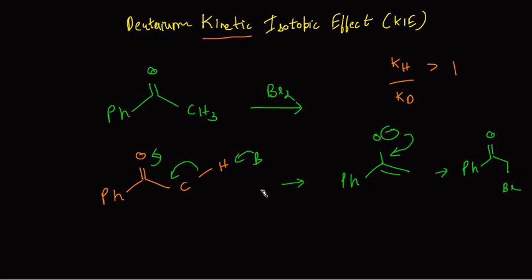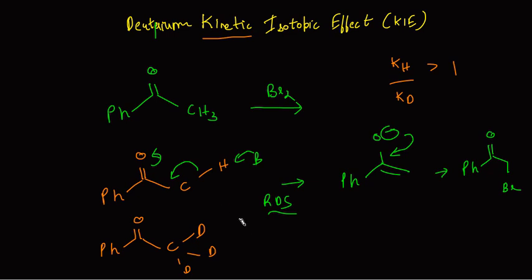So you can see over here, this is actually the rate determining step. Now we don't know from the mechanism, when we draw the mechanism theoretically, we cannot say that this is the rate determining step. We can only speculate. But in order to experimentally find out whether this is the rate determining step or not, what the scientists did was they replaced the hydrogens over here with deuterium. Okay, 3 hydrogens were replaced by deuterium.